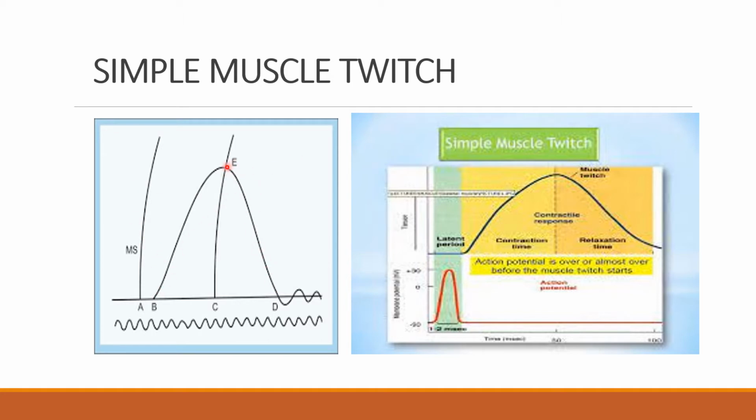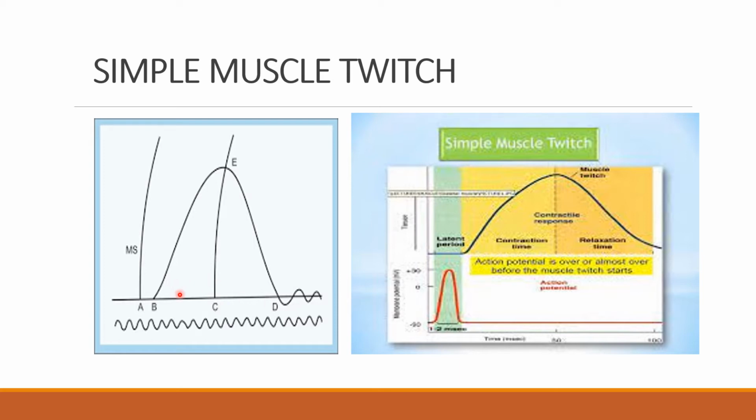This is the height, or amplitude, of the curve. So what is a latent period? It is the period from the point of stimulus to the point of onset of contraction. The contraction period is the period between the point of onset of contraction and the point that corresponds to the peak of contraction. So this is the peak of contraction; if you draw a line from here, this is the point of peak. From here to here is the contraction period, and the relaxation period is from the peak of contraction to the end of relaxation.